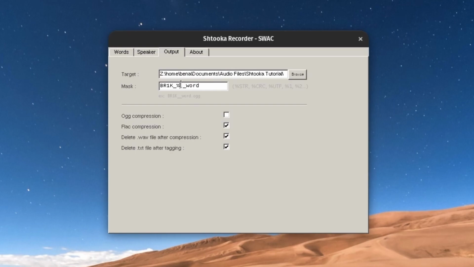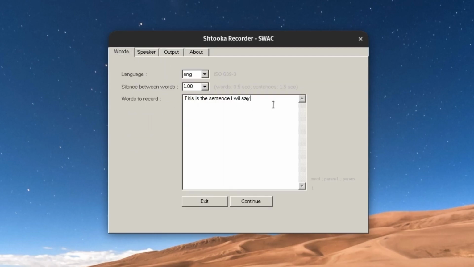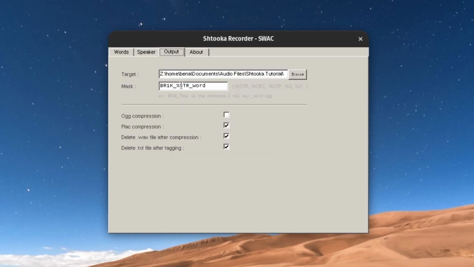It replaces %str. But if you have a whole sentence, you don't want to have that be the file name, so you can add a semicolon after and a filler word. Let me show you. If I add this sentence here, and then I add a semicolon, I'm able to use the word after the semicolon as the file name. Instead of %str, you do %1, which stands for the first variable. Again, this is much easier to do in a spreadsheet first because it's a lot more automatic.